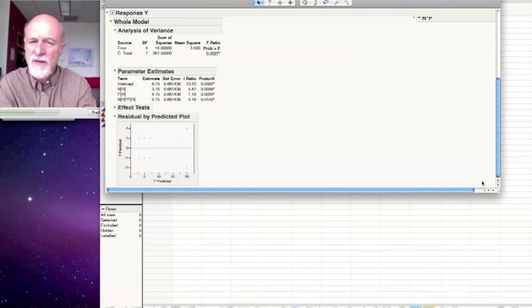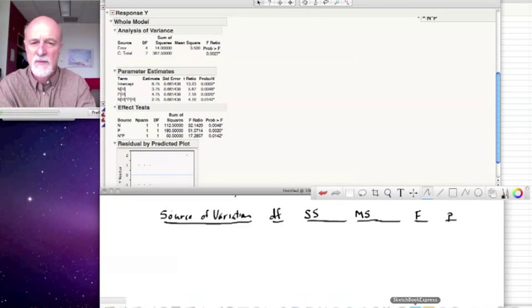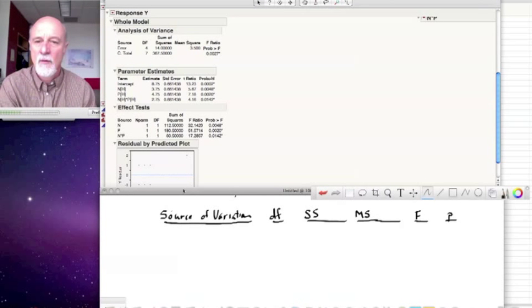Okay, where do we find our results? We go down here to effect test. So click on that little triangle there, and now we can find our effects. All right, so now I can just find my sketchbook. But we have them. Okay, so here. So we have nitrogen